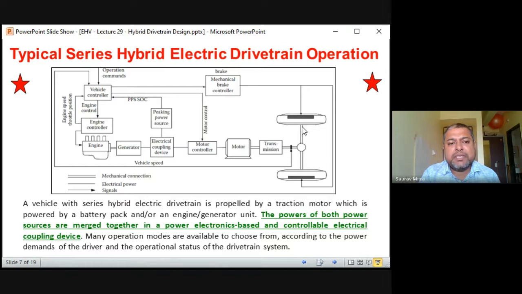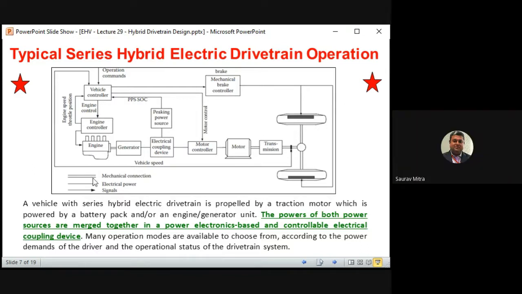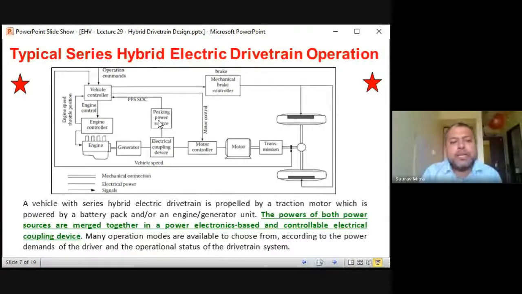You can find here that this is a mechanical drivetrain, and there are three types of links mentioned. One of them is the signal. The signal is coming from the peak power source, which is the battery source. In the previous module, this peak power source was shown below, and in this module, it is shown above. As told in the previous slide, this peak power source actually means the battery pack. So the battery pack will be replaced by this peak power source. This is actually the PPS.